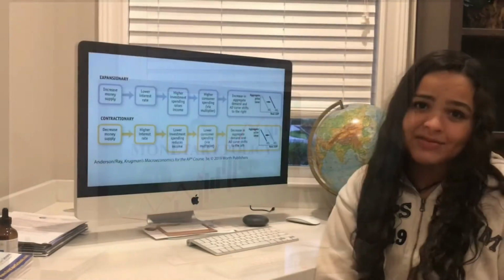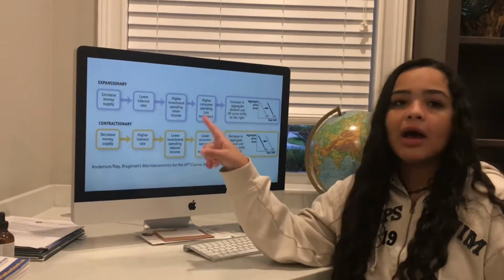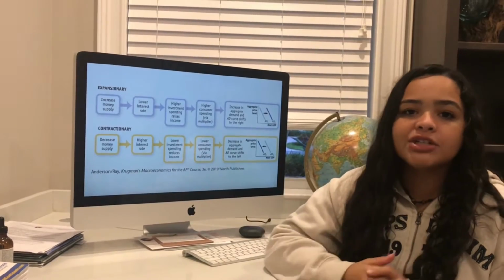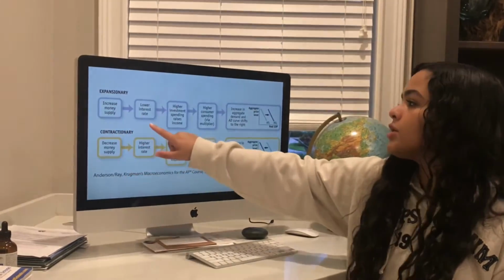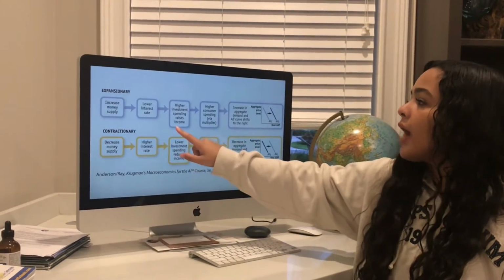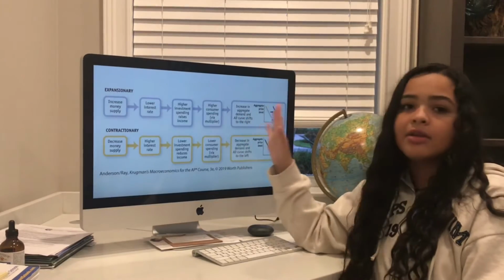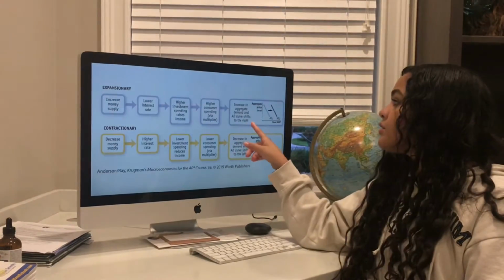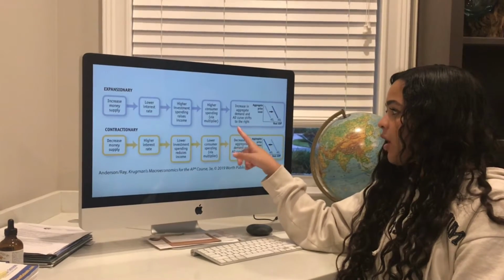Now let's take a look at the flowchart just to see how this all works. If you can see at the top, this is what happens when banks adopt an expansionary monetary policy. They increase the money supply, which in turn lowers the interest rate. Higher investment spending raises income. Higher consumer spending via the money multiplier turns into an increase in aggregate demand, causing the AD curve to shift